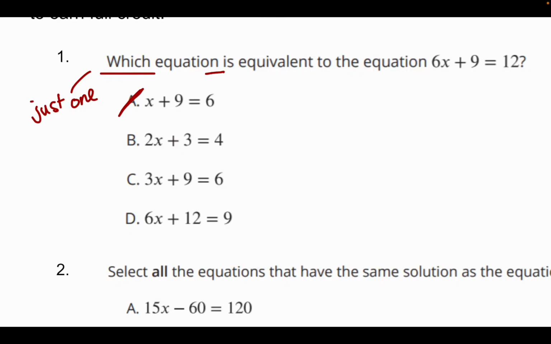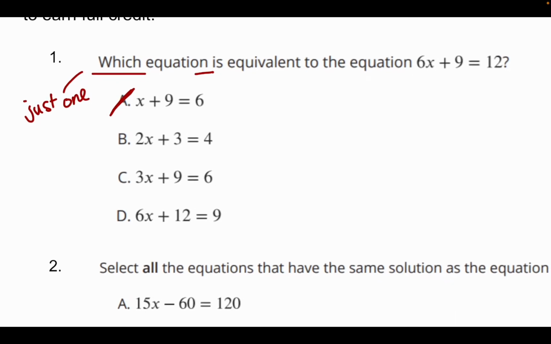2x plus 3 equals 4. 2x plus 3 is equal to 4. This one looks like they were dividing everything here by 3. So let's double check. If I divided everything by 3, that would give me 2x. 9 divided by 3 is 3, and this 12 divided by 3 is 4. So B is actually going to be my correct answer. It is